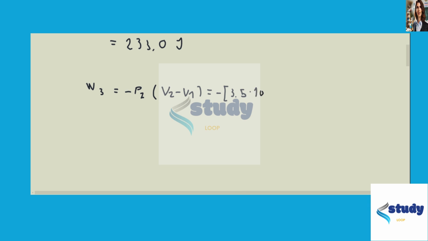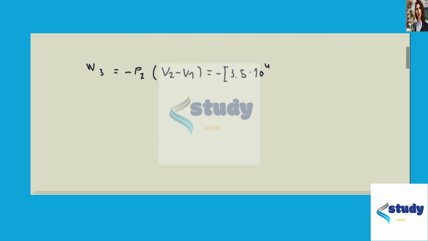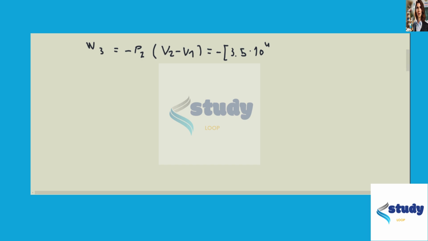3.5 times 10 to the 4th. And also one correction here, this is calculated as 10 to the 4th power. So 10 to the 4th pascals times 0.028 meters cubed minus 0.0435 meters cubed. When we put these values in the calculator, we obtain that this work is equal to minus